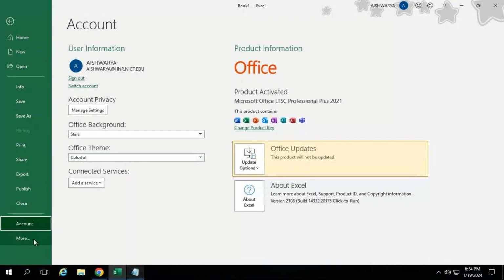Next, if you go to More, then here you will have options. Say for example, in your mobile phone there are so many types of settings. So you will be changing the settings like